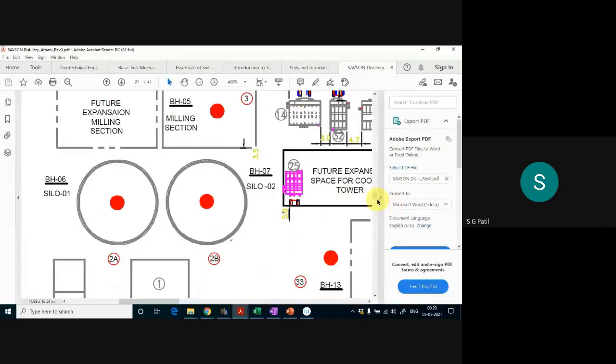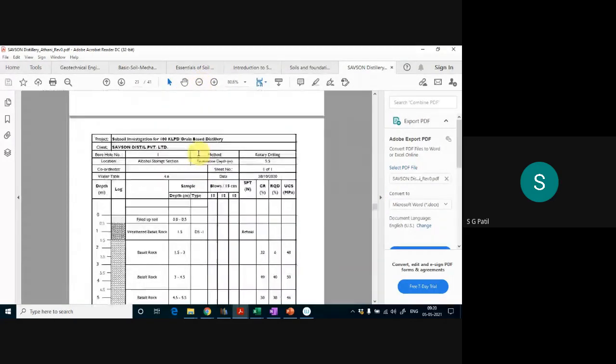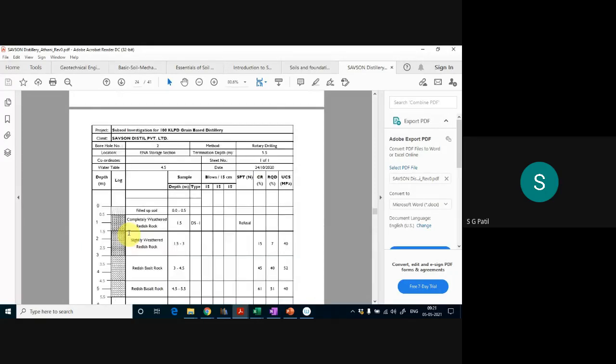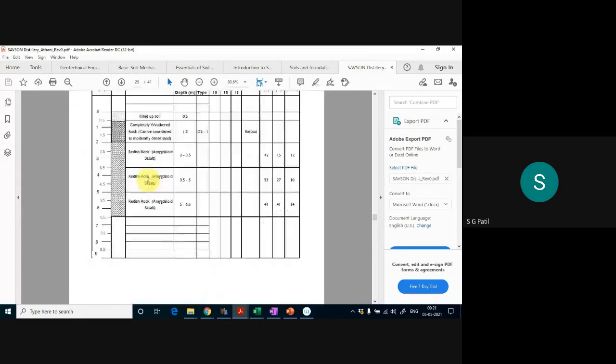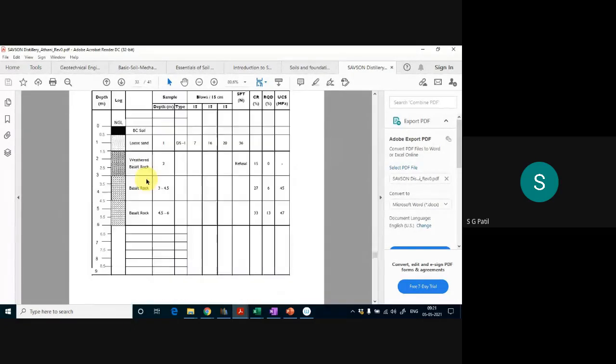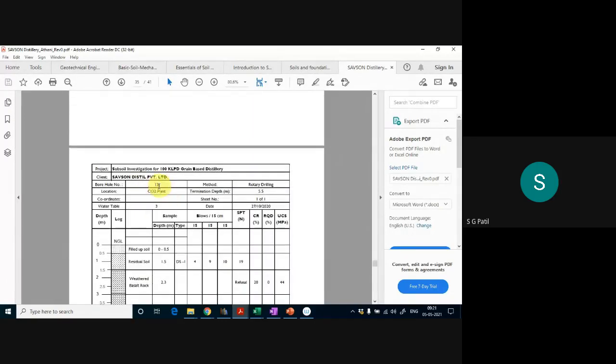Okay, so this is the plan view, and bore log details I will show you. So these are the bore logs. You see, this is borehole number 1, and from 0 to 0.5 meter is filled-up soil, from 0.5 to 1.5 weathered basalt rock, from 1.5 to 3 meter basalt rock. The basalt rock will continue like this. So this is the second borehole, third borehole, fourth borehole, like that we have drilled around 12, 13 boreholes here.